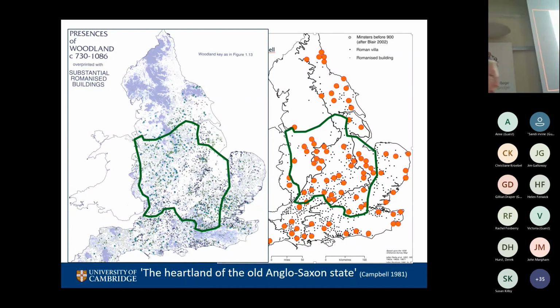And that again is from, you can see it in Ine's law. He makes a distinction between the inlands and what he calls the Gafol lands. So a lot of debate about the Gafol lands, but fundamentally it seems to be people who gave up their rights to move away from an area and provided labour services for the estates in return for some form of security on the estate. And I think that is where we should be looking for the beginnings of open field, because Mercia was part